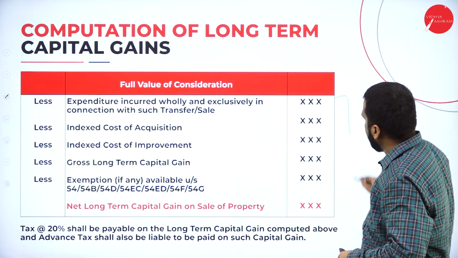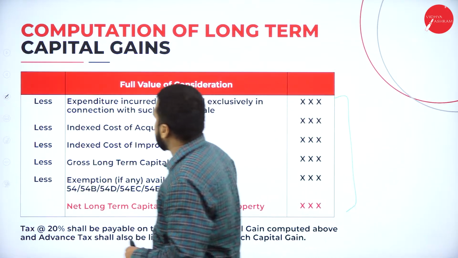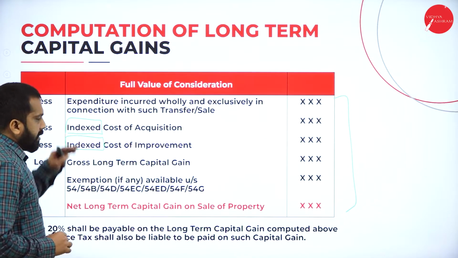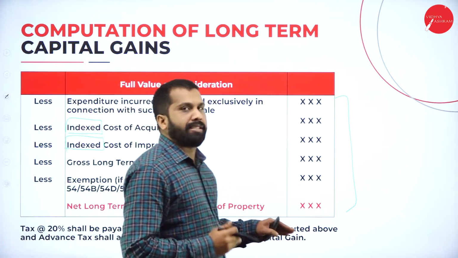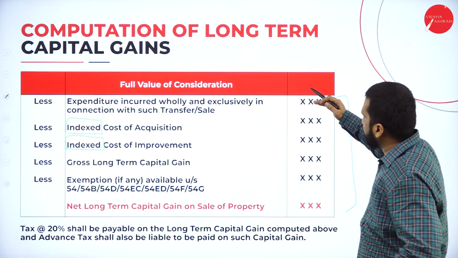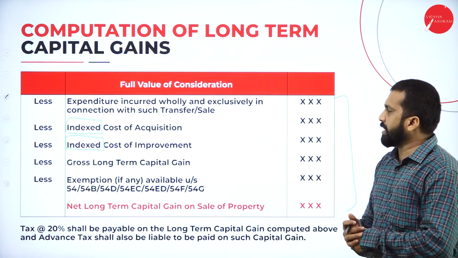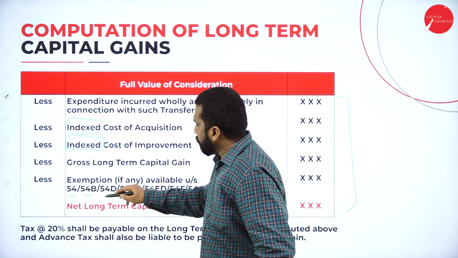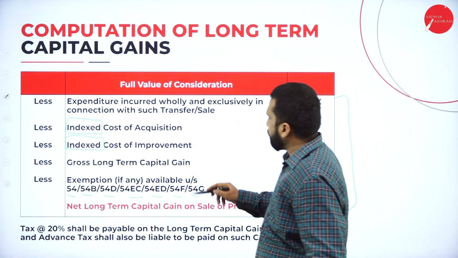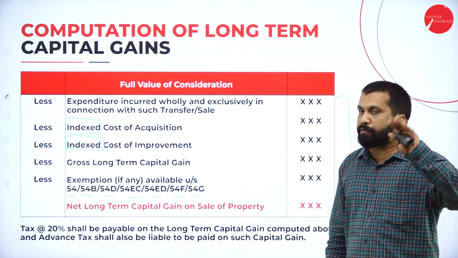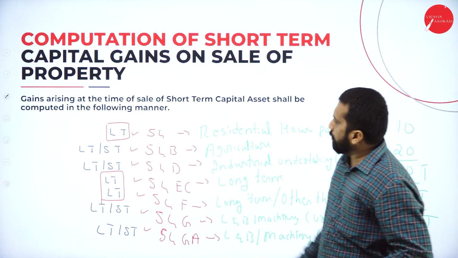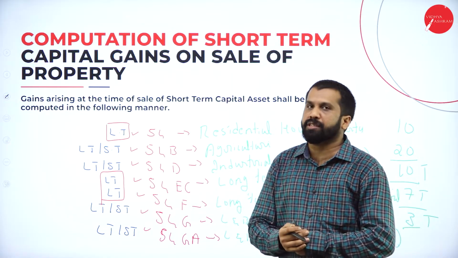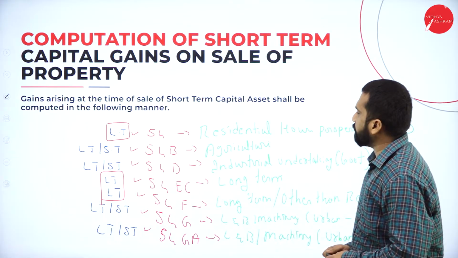Under long term, same procedure. I am just supposed to explain to you what is index cost. The rest of the things I have already taught in the previous session. Same procedure: your selling price minus all the costs, you will get your profit. Now, these are 1, 2, 3, 4, 5, 6, 7. So, for short term, we had only 4. For long term, total we have 7 deductions. Hope you are clear? Yes.